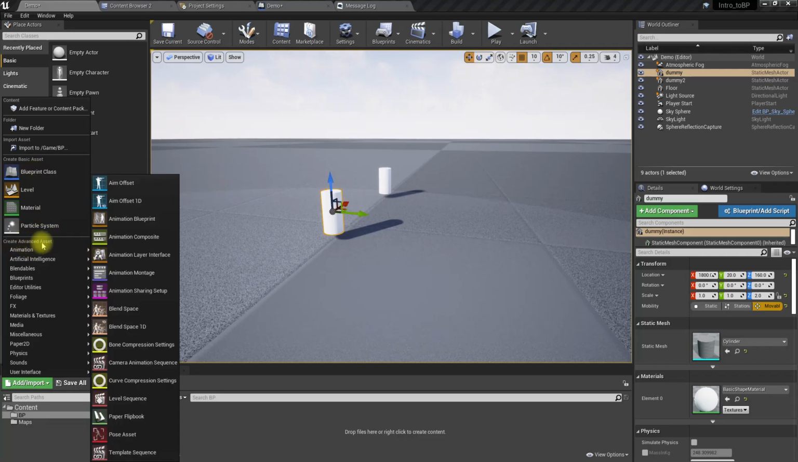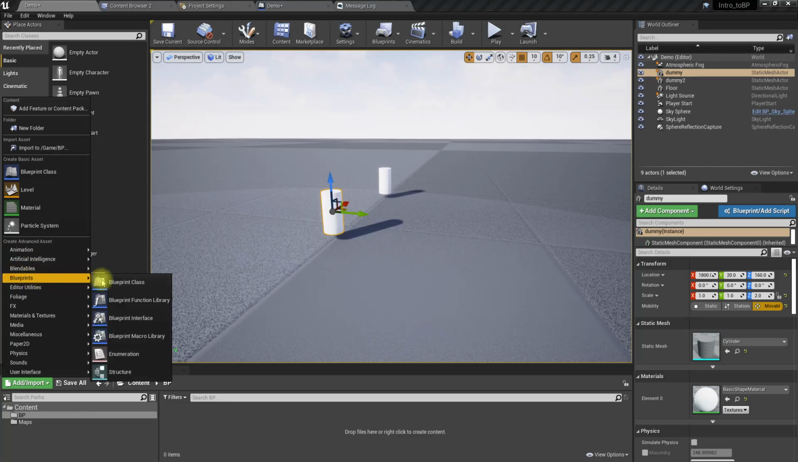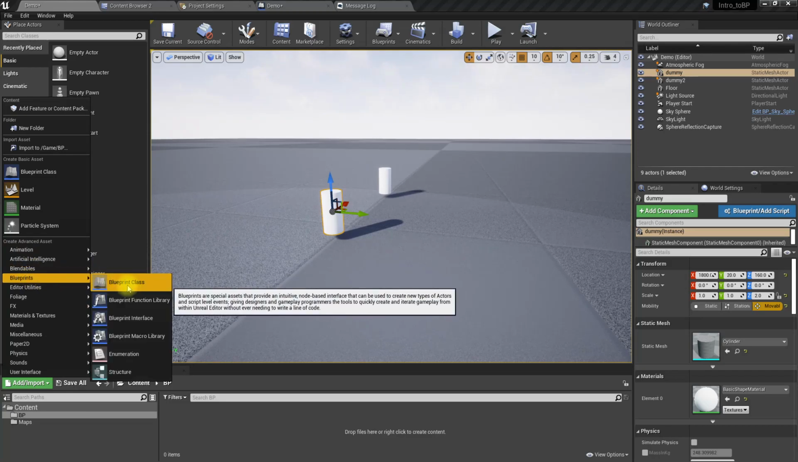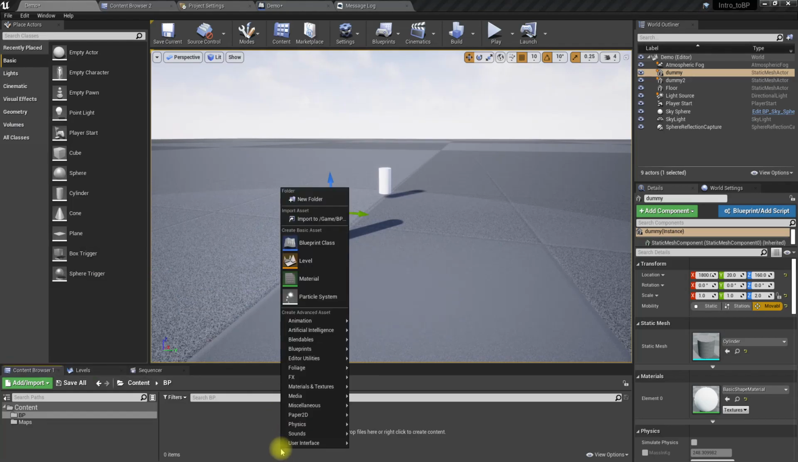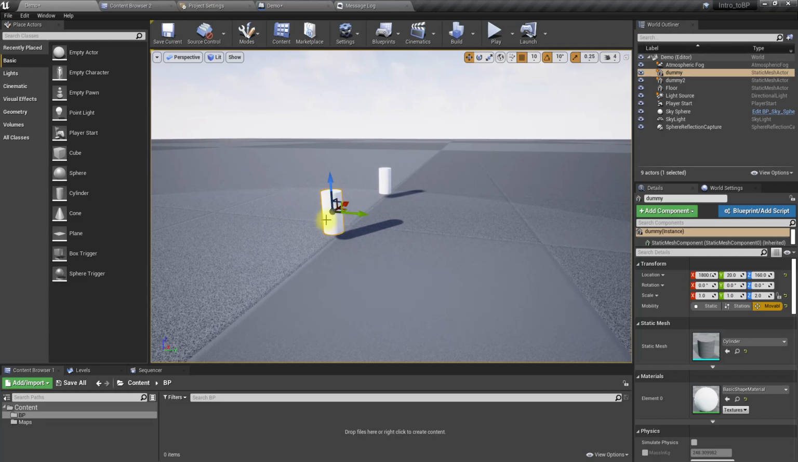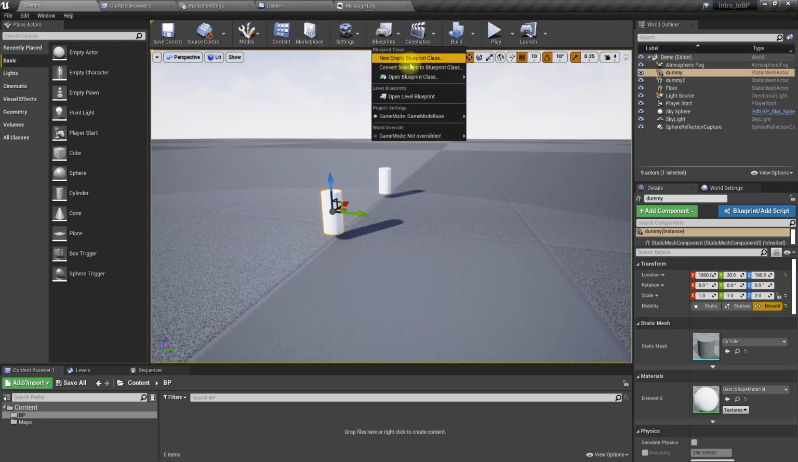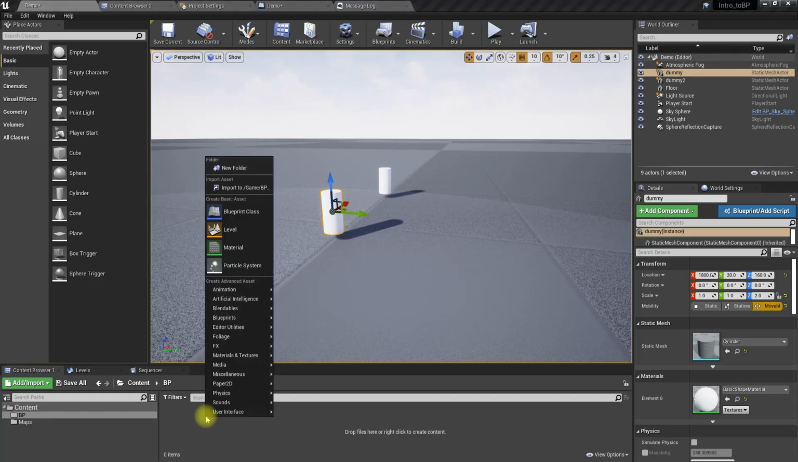Also in the create advanced asset, you have the blueprint option, and here also we have the same blueprint class option. Or you can right click in the content browser and create blueprint class, or you can select this object or even multiple objects in the viewport and click this blueprint icon, and here we have the option convert selection to blueprint class. So all of these ways are possible, but I'll use this way,